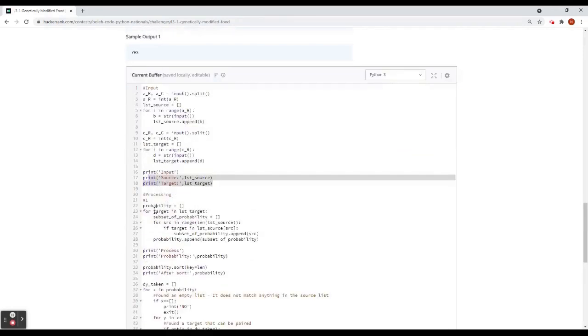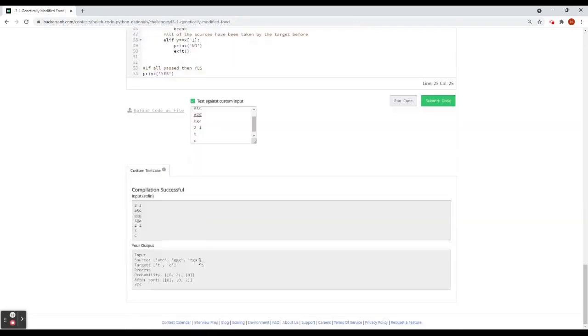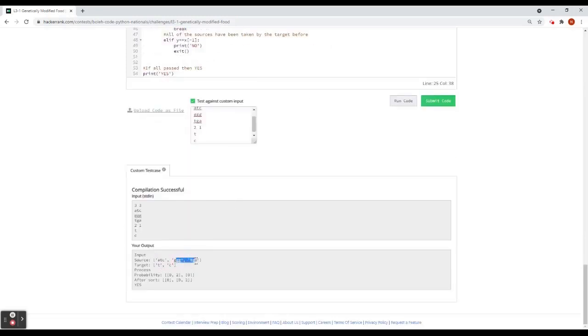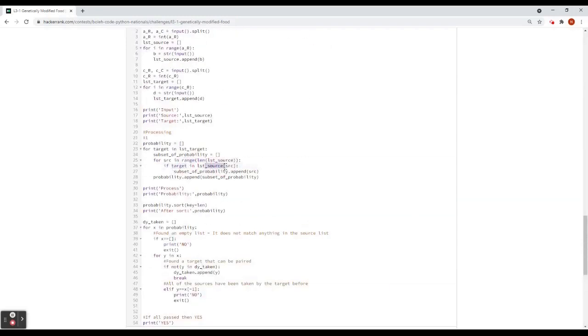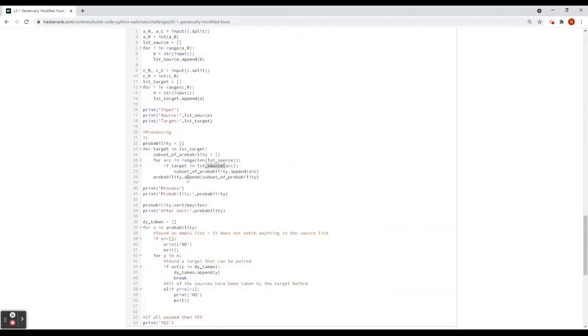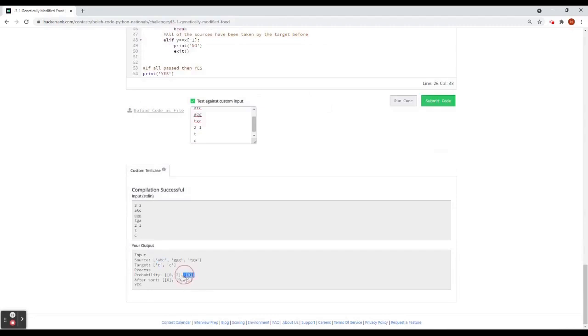After that, I need to process it. I loop through the list of target, and then go for another loop, which looks through the source. If target is in source, then I append it. So for the first one, T, it looks through the source one by one. If T is in this source, it appends the index of this source in the source list. After that, I get the list like this,